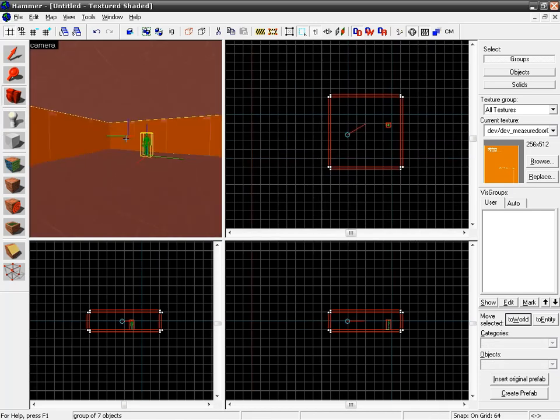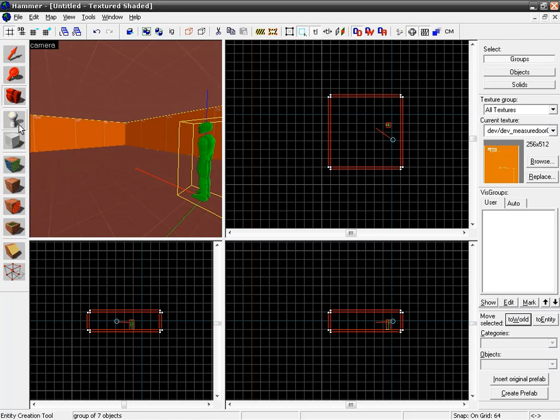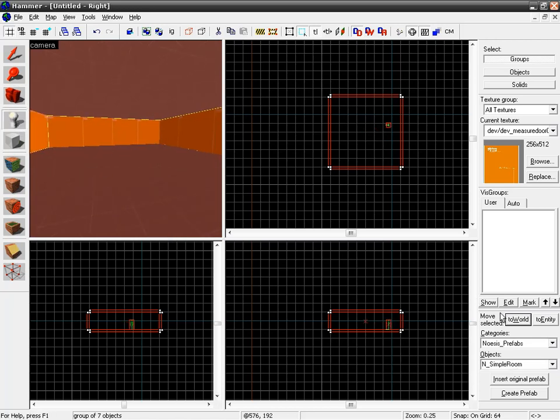Zoom inside here, and let's place a few different doors that we can check out. There are a few different types of doors we can use in our Source games. The one that you're going to use the most is actually a prop rotating door, but we also have some function entity doors. So let's just take a look at three of the main types. The one you're going to use the most with our entity tool, go back to our entities, is simply a